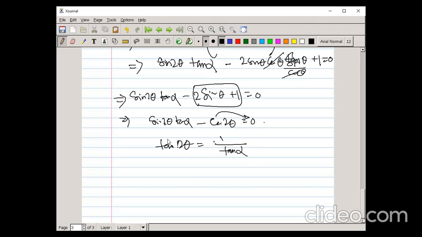Then if it is 1 by tan alpha, then 2 theta is equal to tan inverse of 1 by tan alpha. And another thing is there that we can write